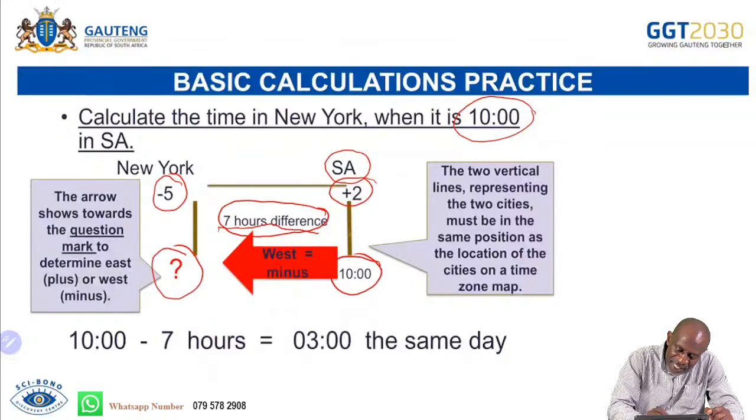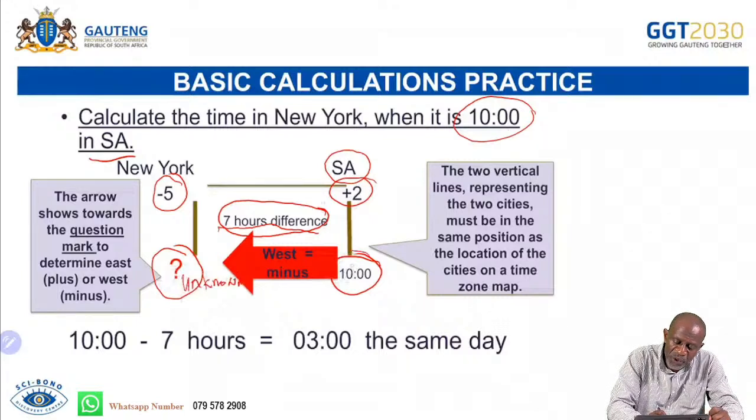So this is our +2, and the time that we are given for the +2, which is South Africa, is 10 hours. Now, New York, the time is unknown, hence the question mark. It is unknown. So, New York is found west of